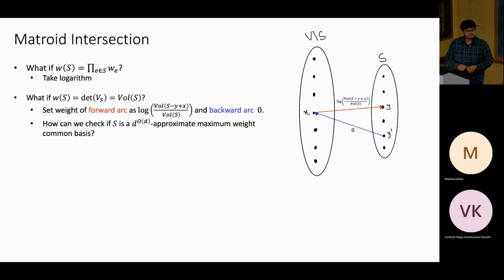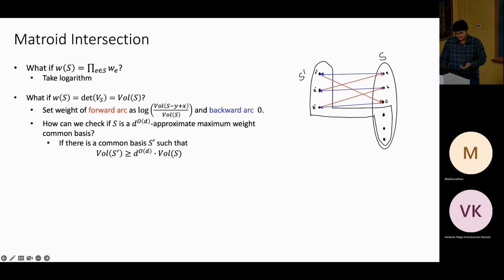So with these weights, there is no cycle with total weight more than d to the d times the current. That's what I'm about to say. Suppose there is, again I'm going to repeat the same kind of argument, an S dash so that the volume is so and so large, more than the volume of S. Then let's represent the elements in S dash. Since the size of S is d, it spans the space. All other vectors I can write in terms of